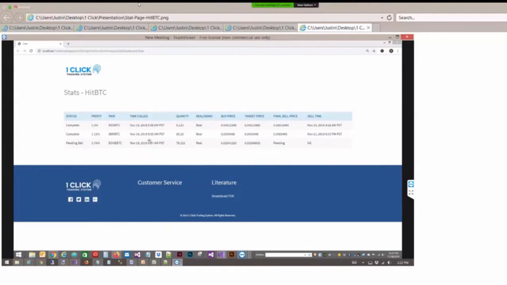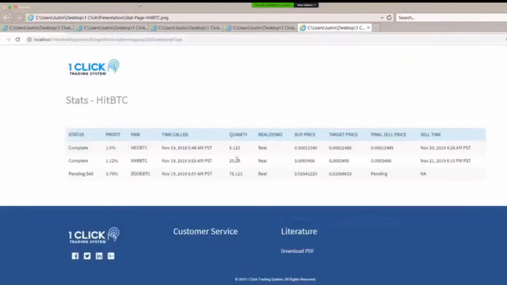The time stamp, so you know how old it is, what you bought. The quantity right here tells you how many of whatever coin it was that you bought. So BTC Neo in that scenario, about 5.123. Was it a real trade? Was it a demo trade? The price that I bought it at,